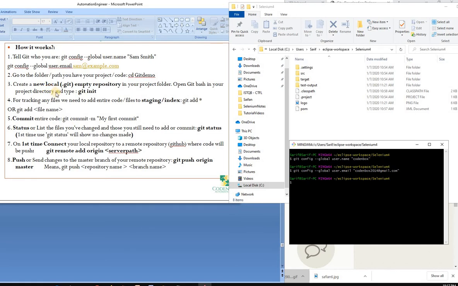So first of all, create a local repository, which is going to be empty. To do this, in our project, we have to type a simple command, git init. It's called git initiate, right? You take the initiate to create a local repository. Hit enter. You can see it says initialized